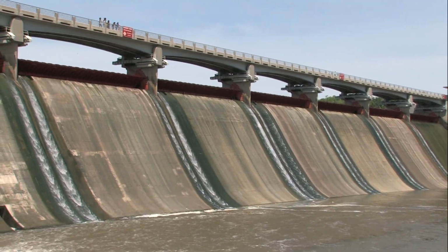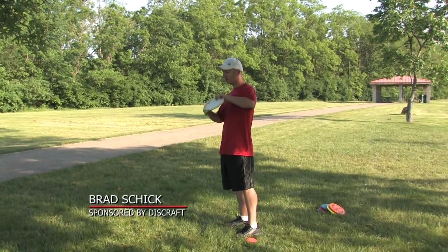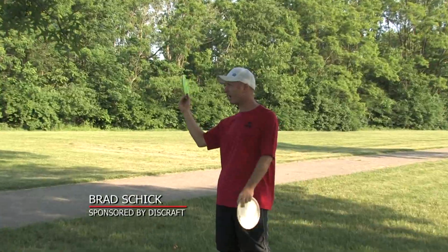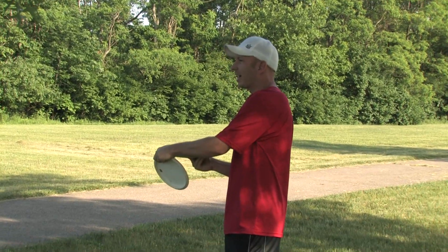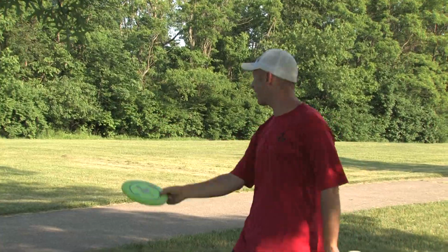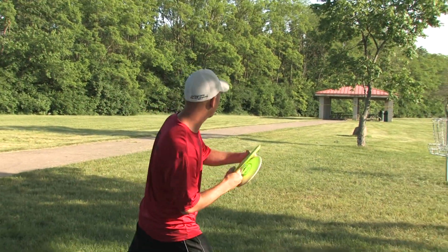A couple things. I think sidearm is probably my best shot for getting out of trouble. And just real quick on the grip, 2 fingers on the inside rim. There's a lot of different ways you can hold this, but 2 fingers on the inside on the rim and my thumb is just in there. Now I'm holding pretty tight. But this shot, you can generate so much distance just coming off the snap, where if I need to get around this tree and get to that thing, and there's a big tree right here and I have nothing else,